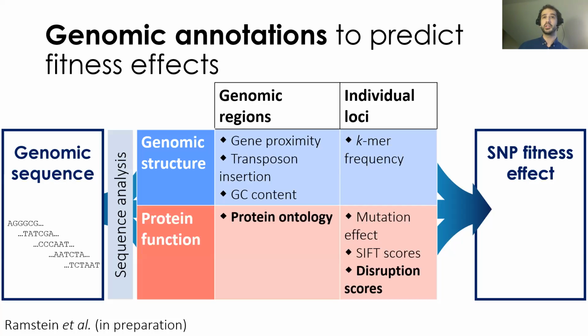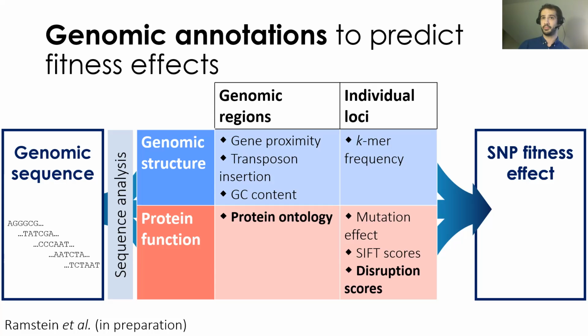And the genomic annotations that we used described the SNPs with respect to genomic structure as well as protein function, with annotations at the level of genomic regions or at the level of individual loci. For example, mutation effects, like whether a SNP is a missense mutation or a stop-loss mutation, for example, as well